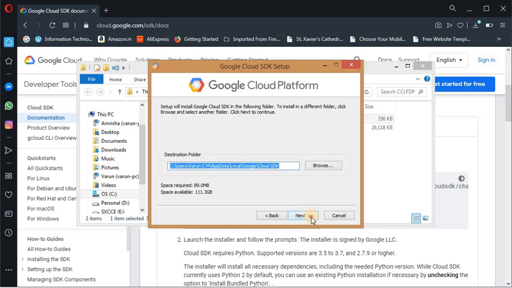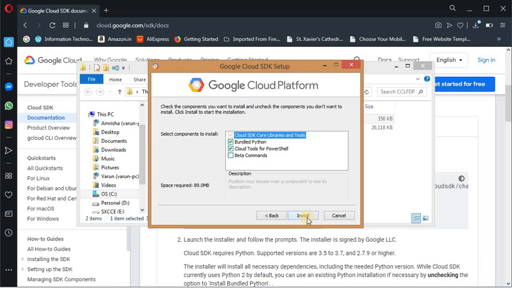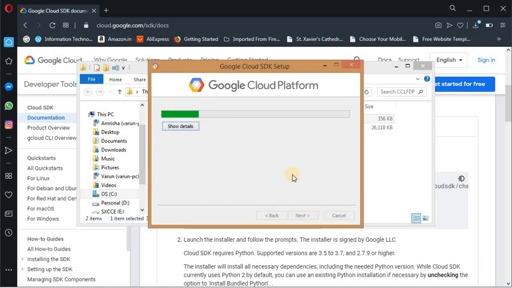Anything you select, and you can install.